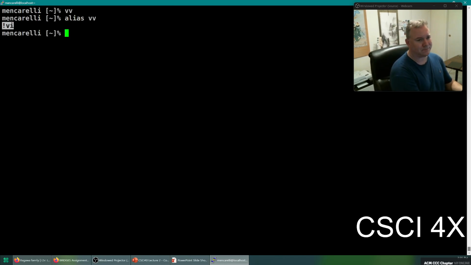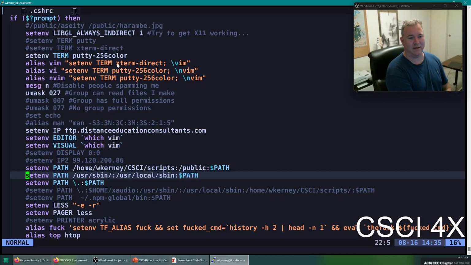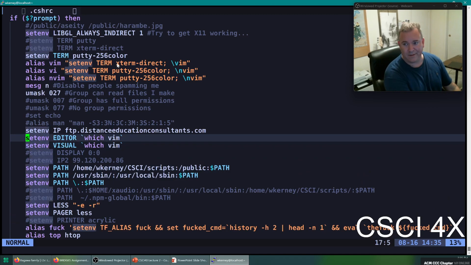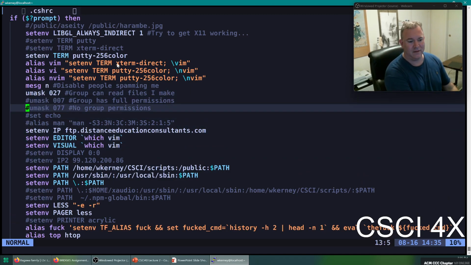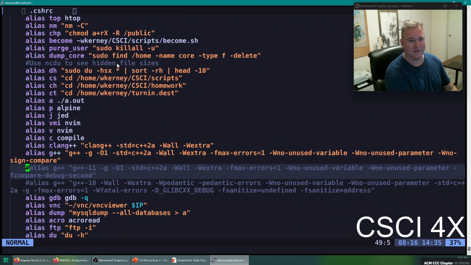So if you type VC, that's an alias for VI your .cshrc file. So editing your CSHRC file, which contains all of your aliases. And so if you want to edit your aliases, you can go through this CSHRC file and do things like